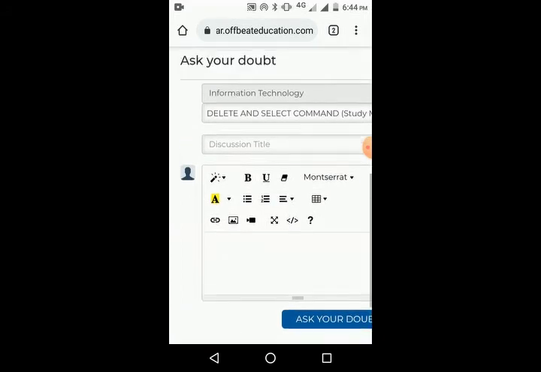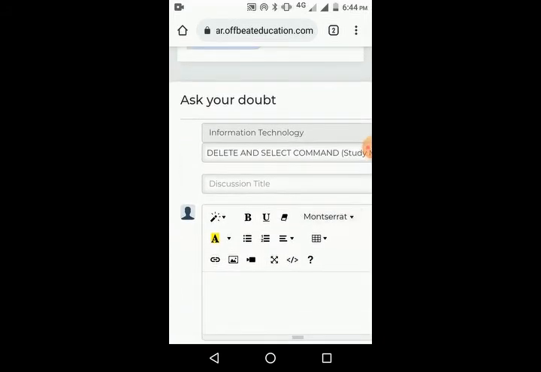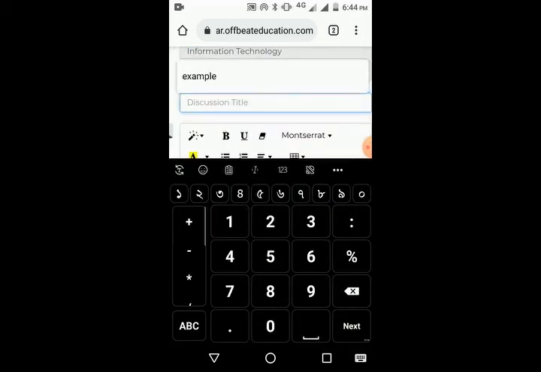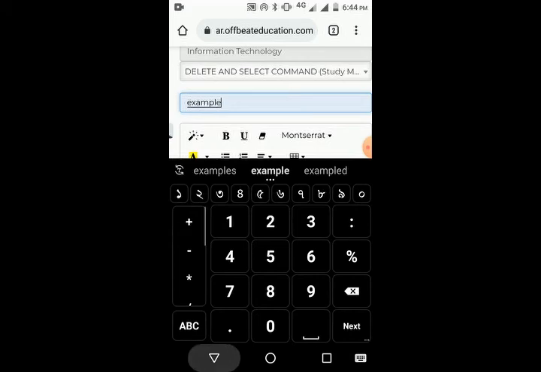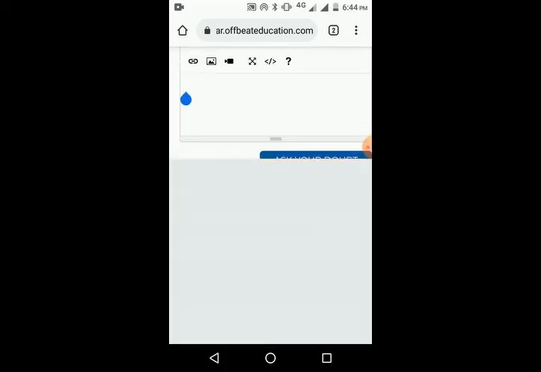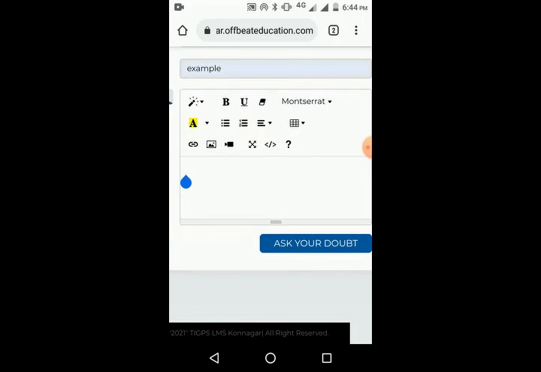And next is the discussion title. Before asking anything, you have to give a suitable title for your doubt. So suppose I am giving an example. Now in this area we can write elaborately about our doubts.